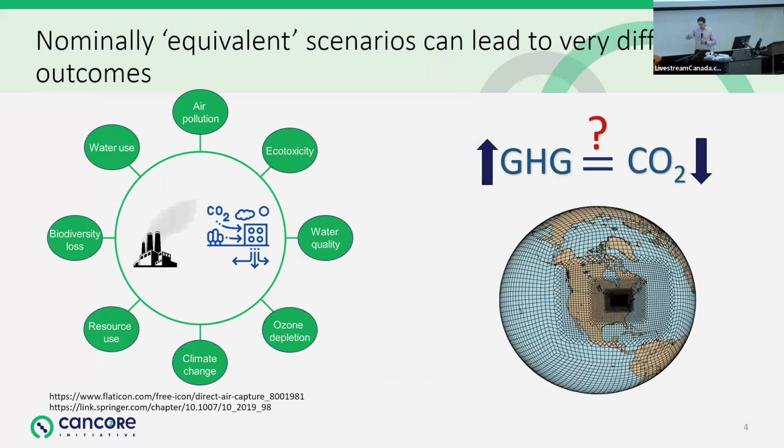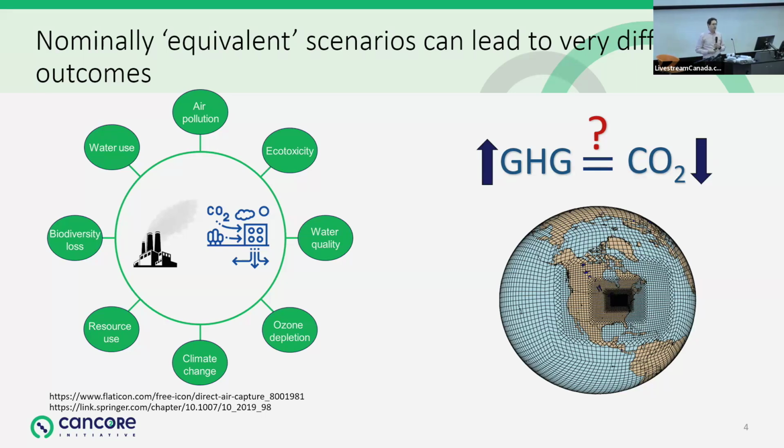And so within that, right, there's this implied range of how much mitigation we are going to do compared to how much carbon removal we're going to do to either offset over-emissions in the past or to deal with our residual emissions, right, the portions that we can't offset. And so we have this idea that these nominally equivalent scenarios can lead to very different outcomes. The idea that there are different pathways that theoretically should have the same greenhouse gas emission outcome that should lead to the same climate targets. But on the left here I'm showing, and these are stolen from other places, this is a figure I made when we were doing a paper on bioenergy, but the idea that there's all these other